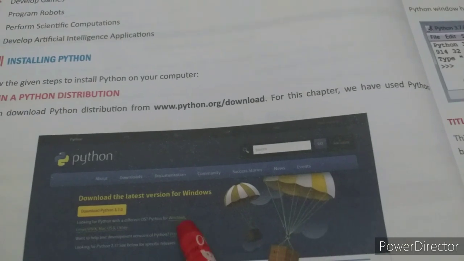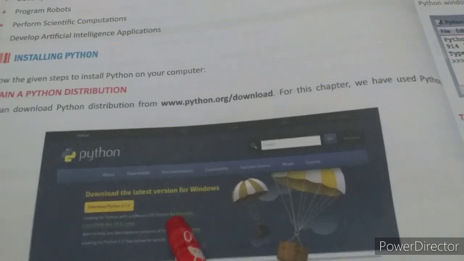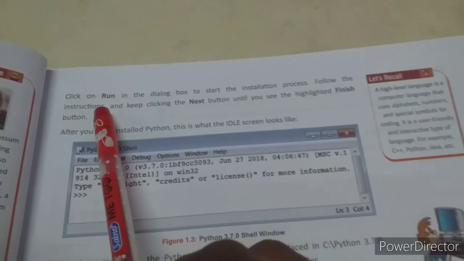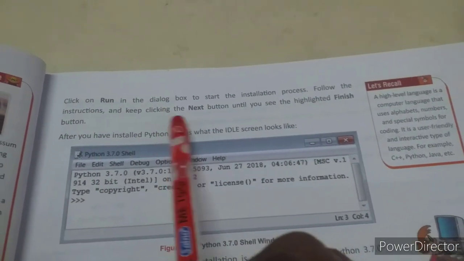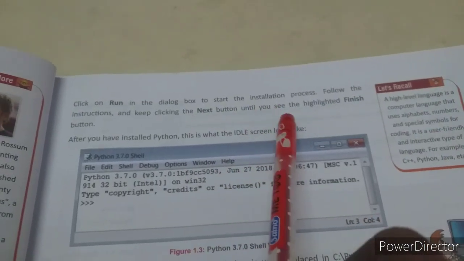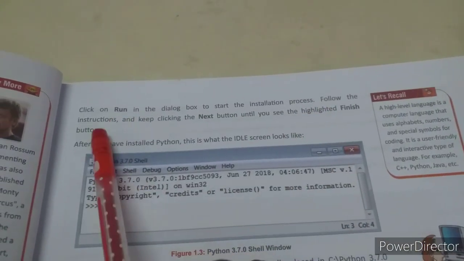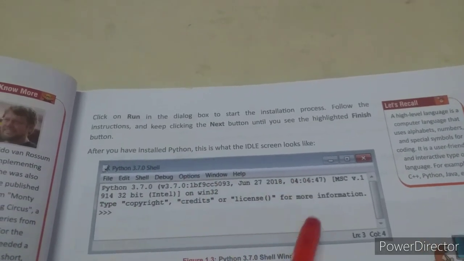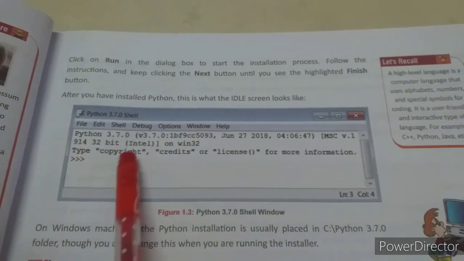After this, you have to click on the Run dialog box, and to start the installation process, follow the instructions and keep clicking the Next button until you see the highlighted Finish button. After you have installed Python, the screen will look like this. This is a Python screen where you have to type the programs.